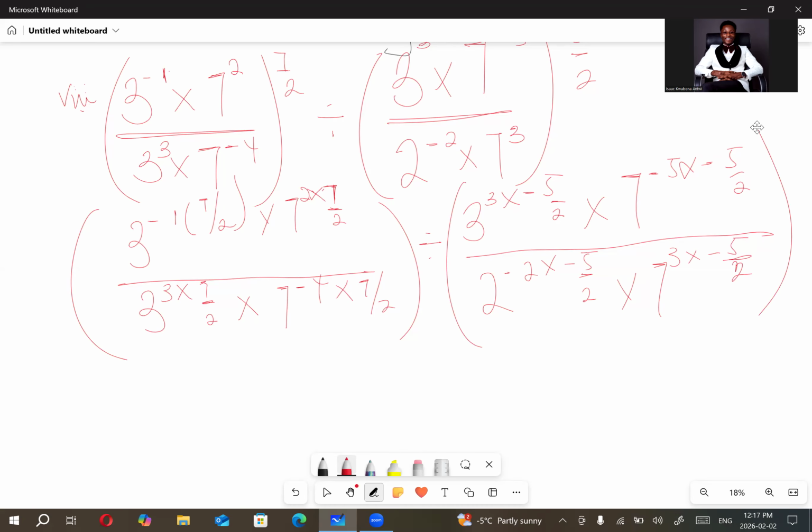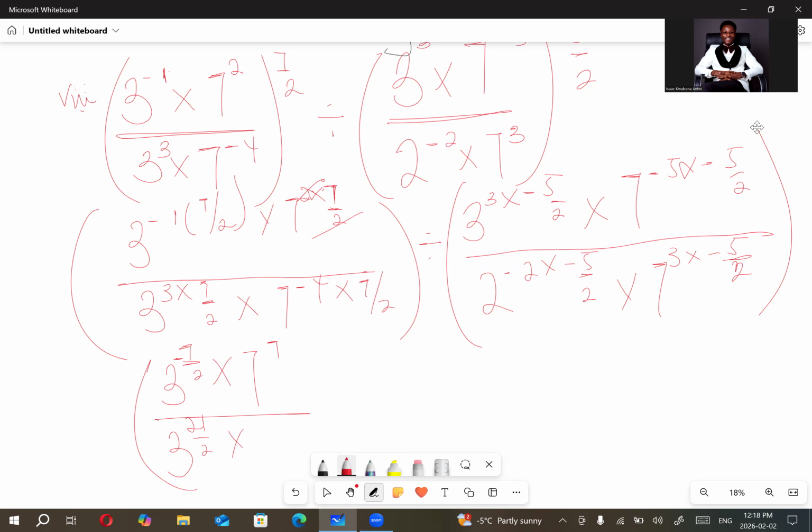So let's see. This one becomes 3 exponent 7 over 2, minus 7, times 7 exponent 14 over 2. 14 over 2 is 7. The 2 even cancels that. So that 3 exponent 7 over 2 has a negative sign, so it's minus 7 over 2. The base 2 will be 3 exponent 21 over 2